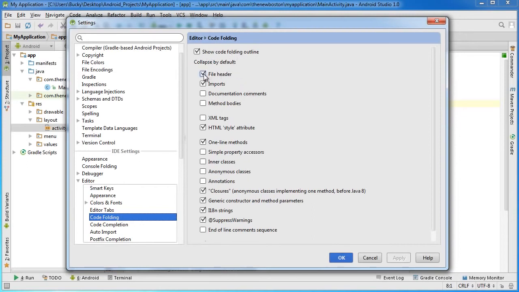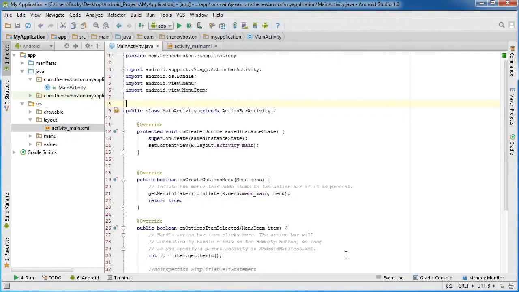But what I want to do is uncheck all of these, so none of my code is going to be folded. Again, once I apply this,